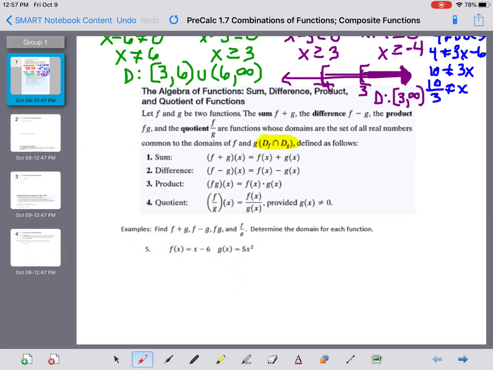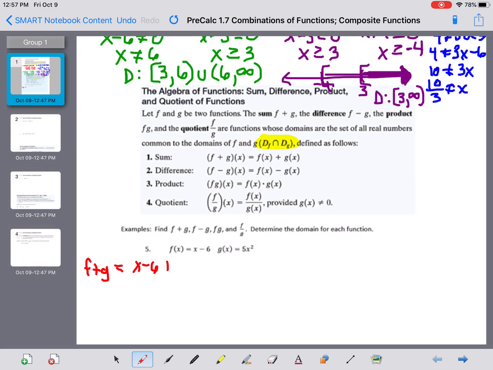We're going to do all 4 of these operations for the functions f and g that I'm given here. To be honest, addition and multiplication are commutative properties, so you can do them in either order, but it is super important when we subtract and divide that we do them in the order in which they gave them to us. Okay, so first one we're going to do is f plus g, okay, and we're just going to add x